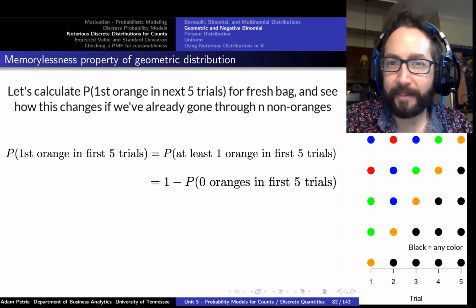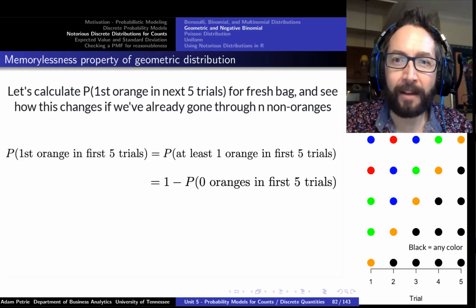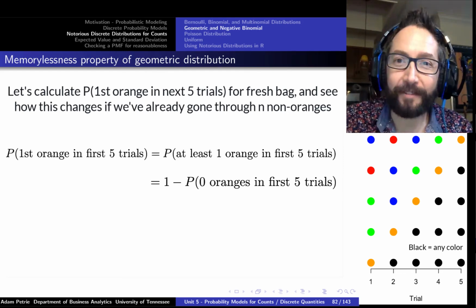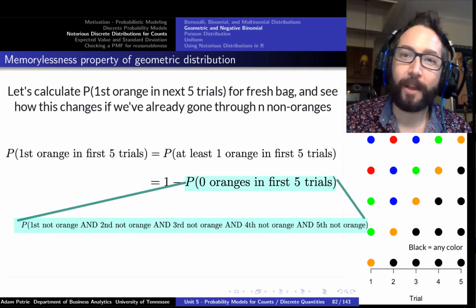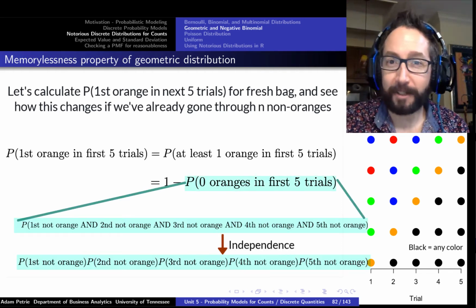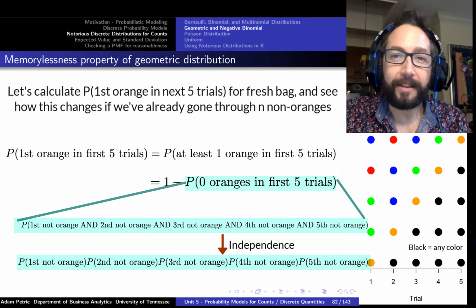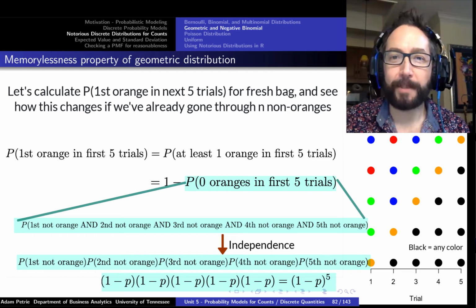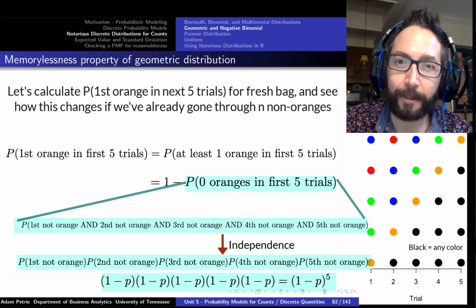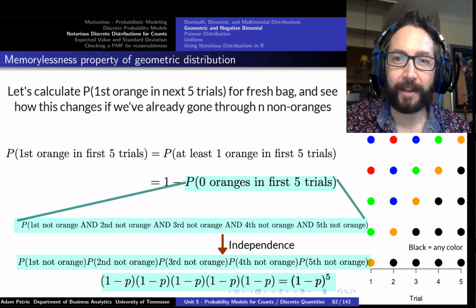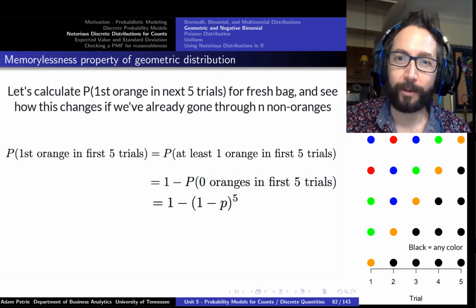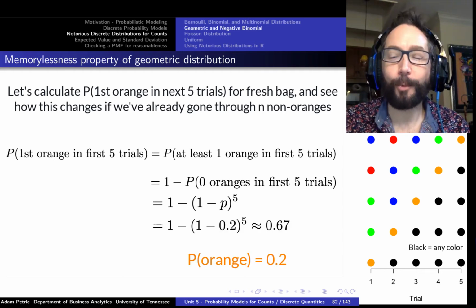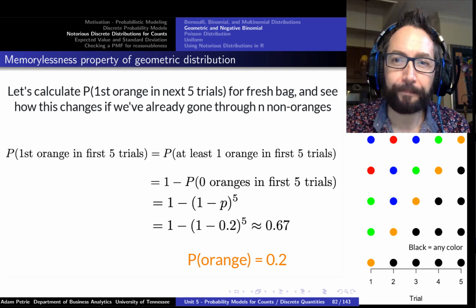So the complement of at least 1 orange out of the first 5 is exactly 0 oranges out of the first 5. And that's easy to calculate. If the color of the M&Ms is independent from one candy to the next, and the probability of getting an orange is p, the probability of not getting an orange on any particular candy is 1 minus p. To have it 5 times in a row, we would have (1 minus p) raised to the 5th power. And so the complement of that event, the probability of getting at least 1 orange candy out of the first 5, will be 1 minus (1 minus p) raised to the 5th power. It works out to be right at about 67%.